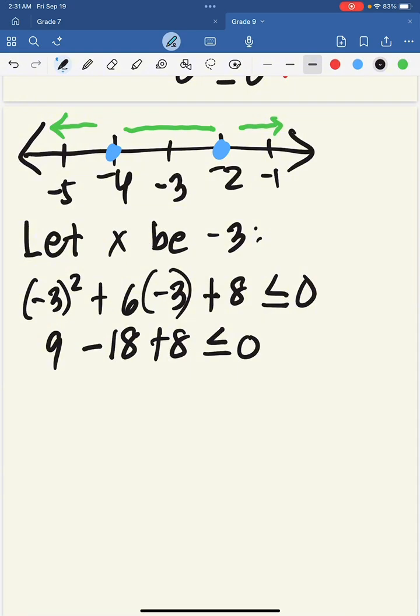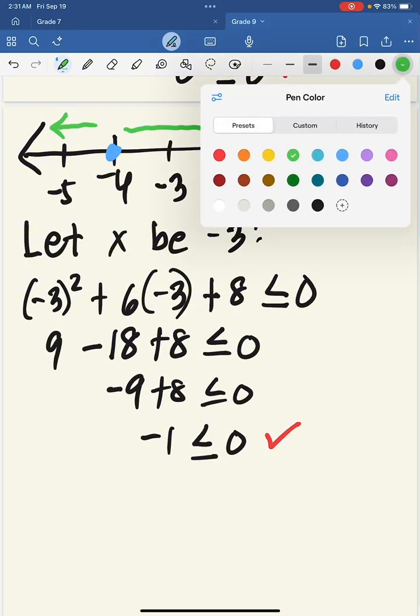Now, 9 minus 18 is negative 9, plus 8 is negative 1, which is less than 0, and that is actually true